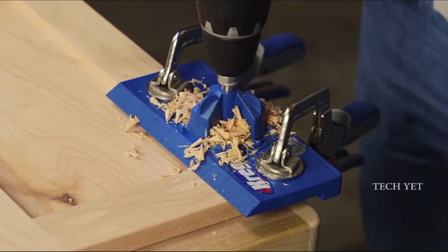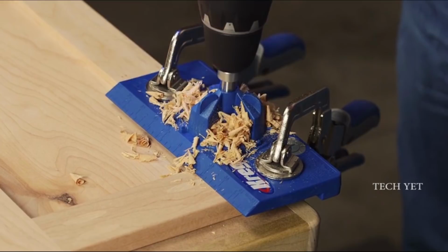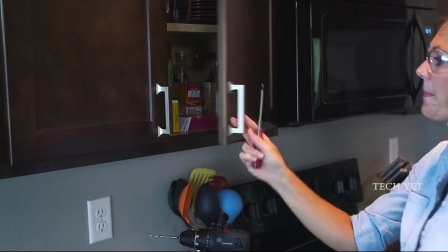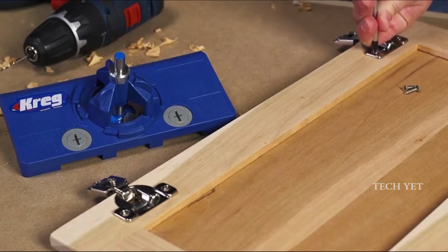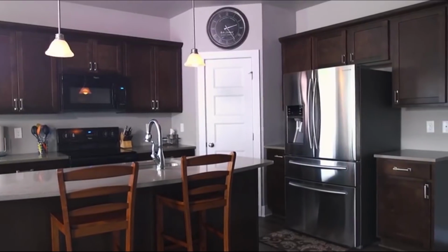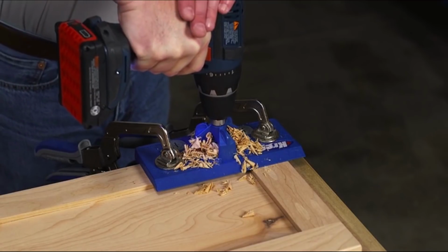The concealed hinge jig from Craig offers a fast, reliable, easy-to-use solution that anyone can use to install doors on cabinets or built-ins, or to refresh kitchen cabinets with new, updated doors. That's because the concealed hinge jig makes it easier than ever to mount concealed hinges that give doors a clean, uncluttered look. And the jig lets you do it with the accuracy of a drill press, but using nothing more